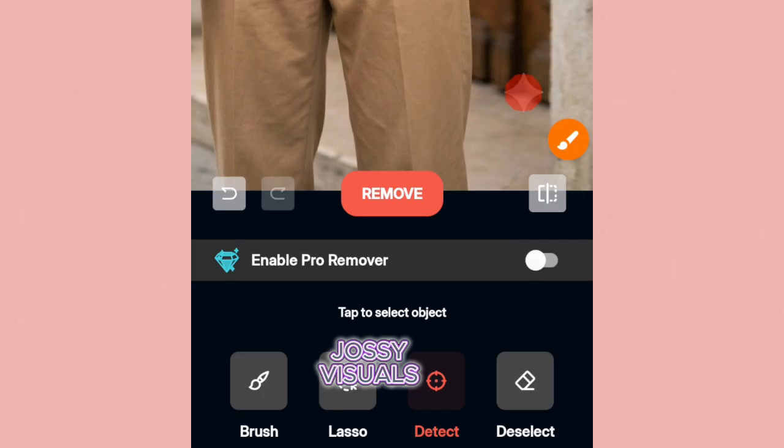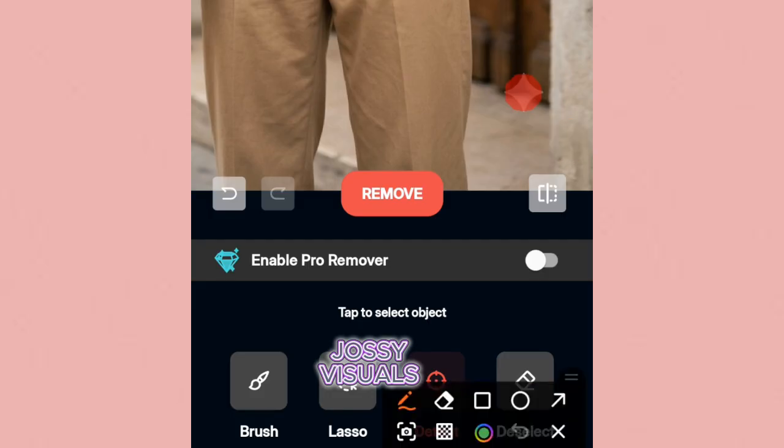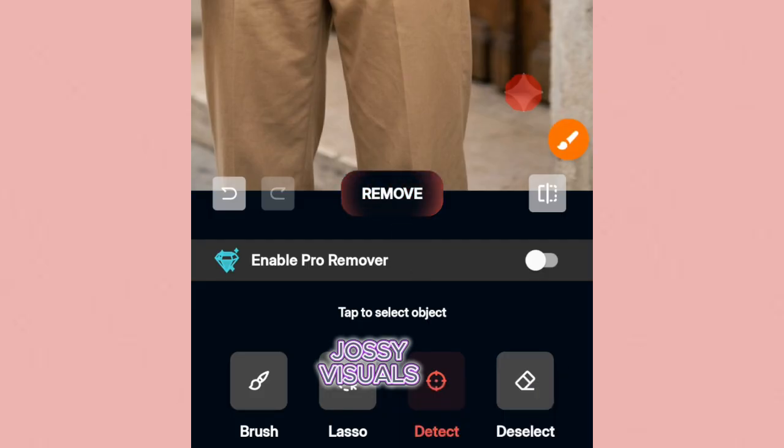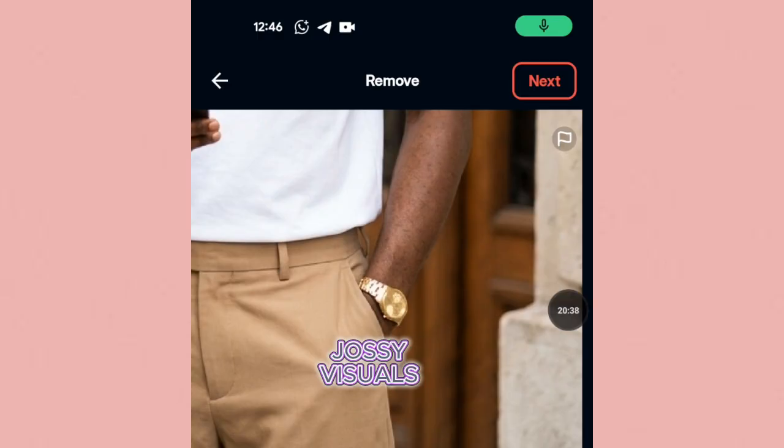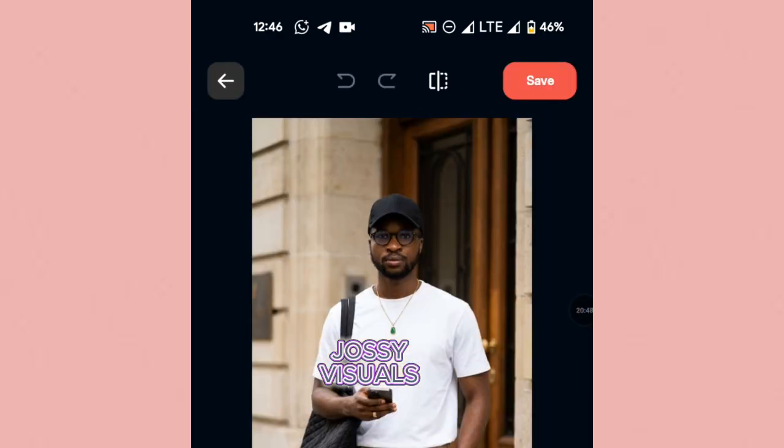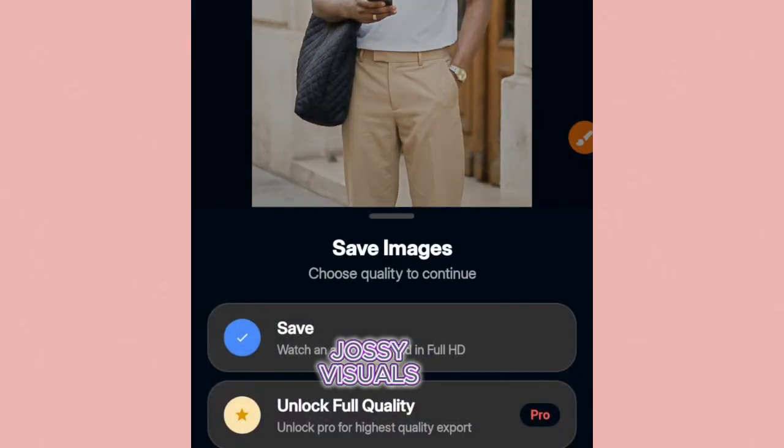You click the detector, so it will detect the spot. Then you click remove, then wait for it. Very fast, it has disappeared. Then after that, you click this arrow here, the next button,